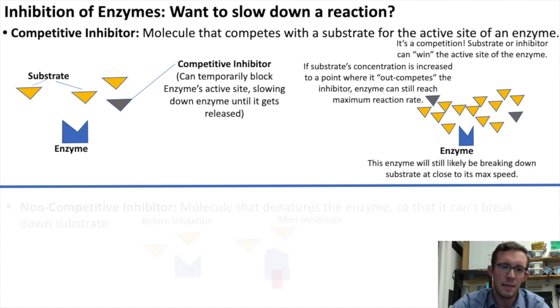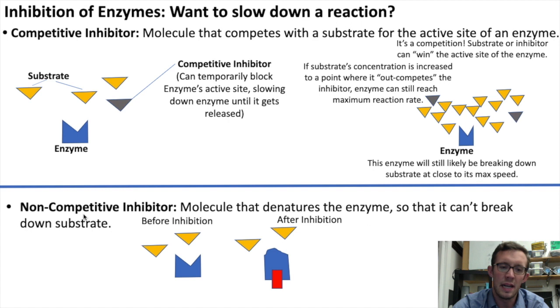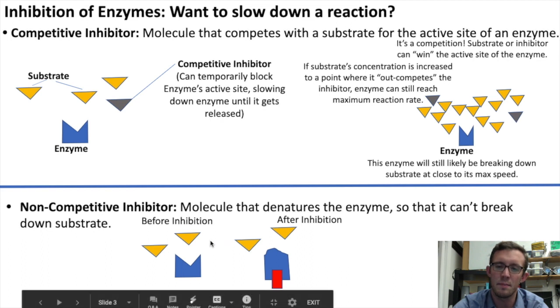But the opposite type of inhibition is called non-competitive inhibition. Non-competitive inhibitors are molecules that denature the enzyme to the point where it can't break down the substrate. And so we've got an example of this here. We've got an enzyme before it's been inhibited, where it has an active site that's capable of binding with the substrate molecule. But after inhibition has occurred, after this little red inhibitor here